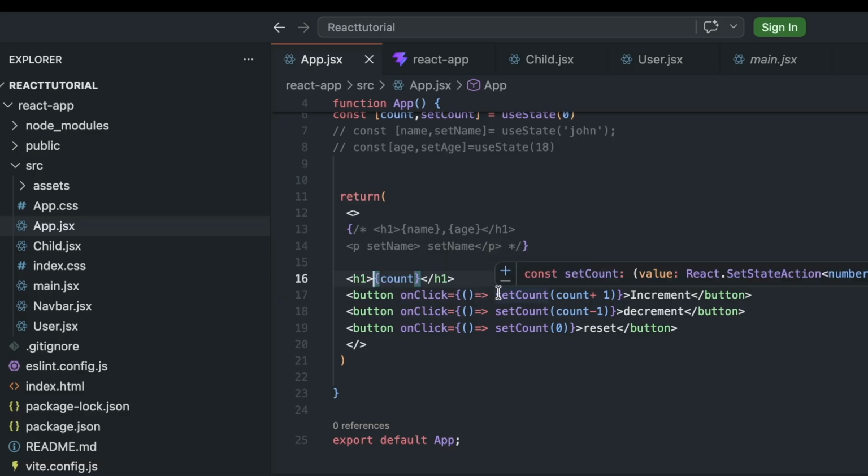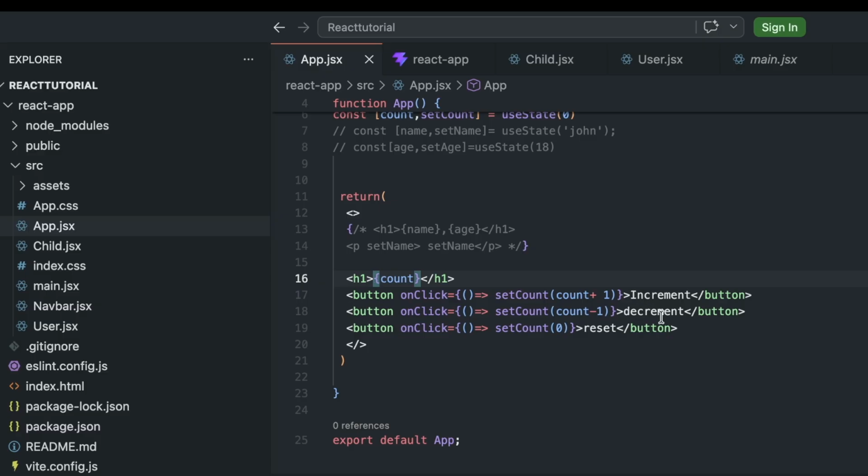onClick is equal to curly brackets, and inside the curly brackets we write an arrow function, () => setCount. Here we write the update value, setCount, and inside the parentheses we write count + 1 to increment the initial value.